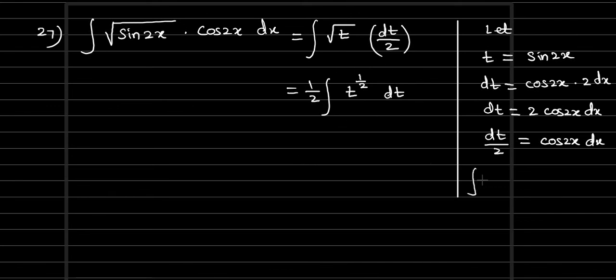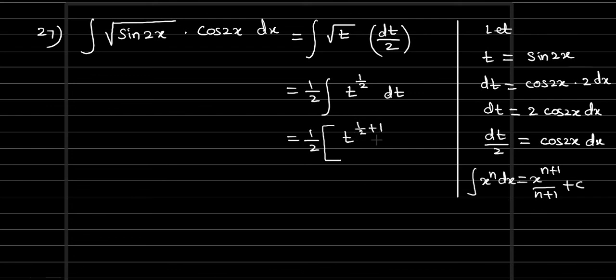Now using the integral x power n dx formula, I am going to integrate this part. So what is the formula? Integral x power n dx is x power n plus 1 by n plus 1 plus c. Whatever it is in terms of x, here we have in terms of t. Instead of n, we have power 1 by 2. So we'll go as per this. Now 1 by 2, whatever we have for the power, we need to add plus 1 to that.